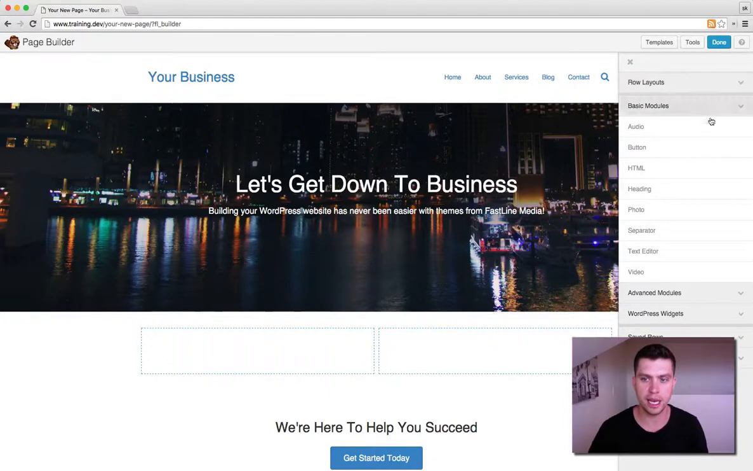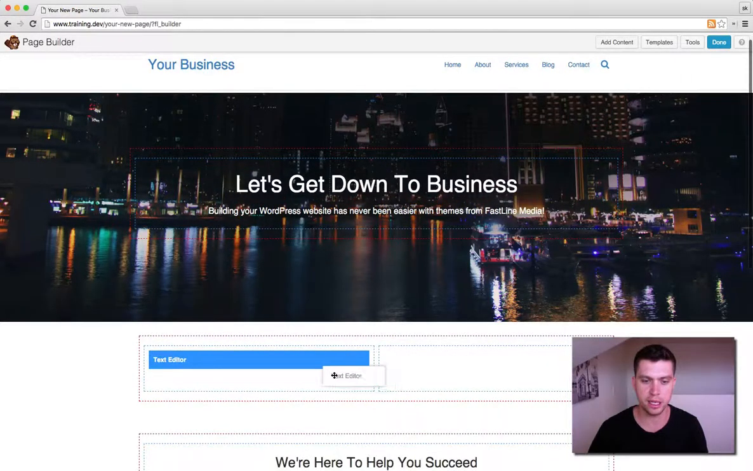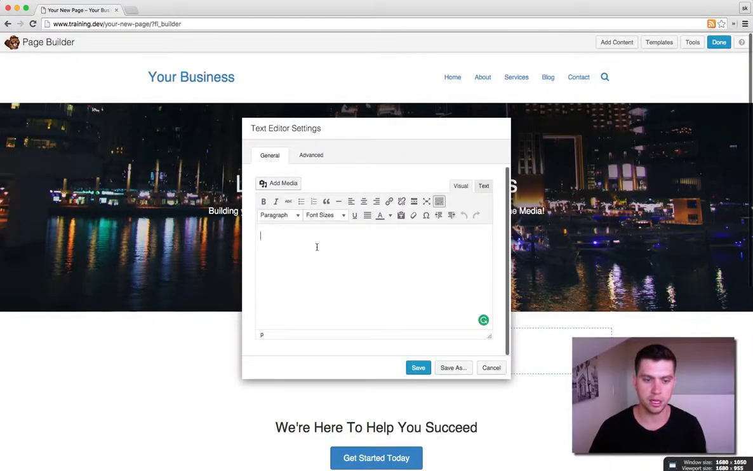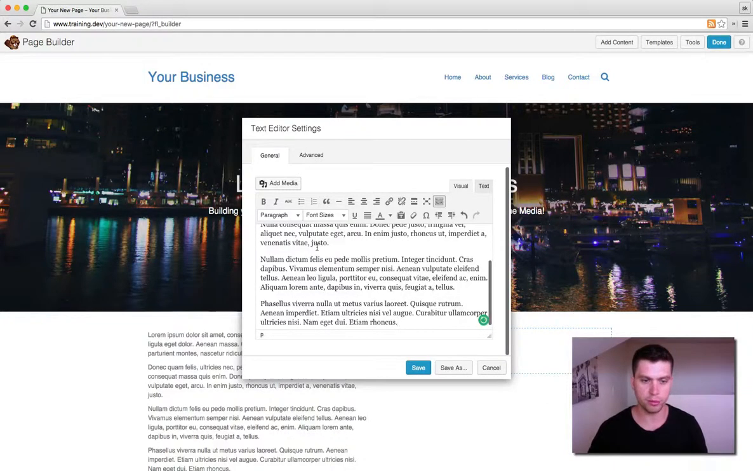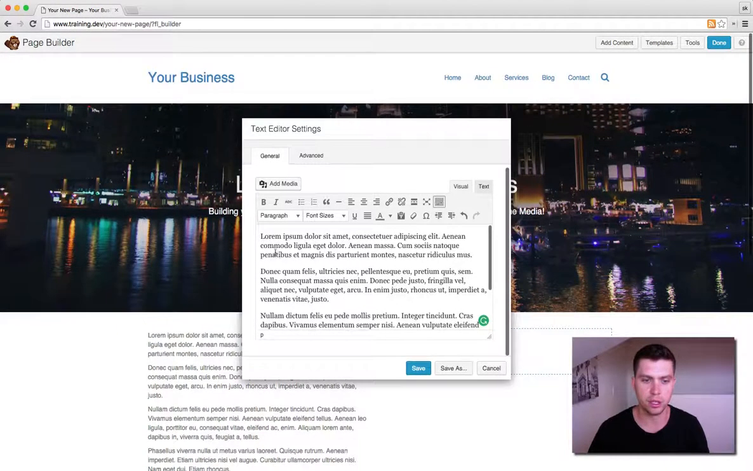So now that's the layout, so now we want to put something within the layout. So what I'm going to do is just put in 2 text fields. So I just click and hold the text editor there. I put that in, and then I'm just going to copy and paste some pre-written text there. Okay, and you can see that it's editable just like any other WordPress content. So you can change